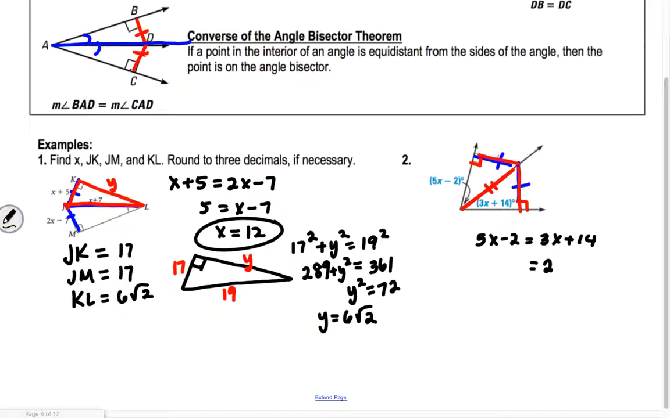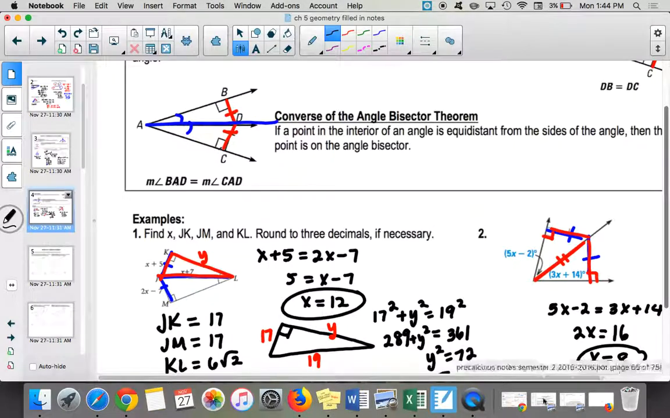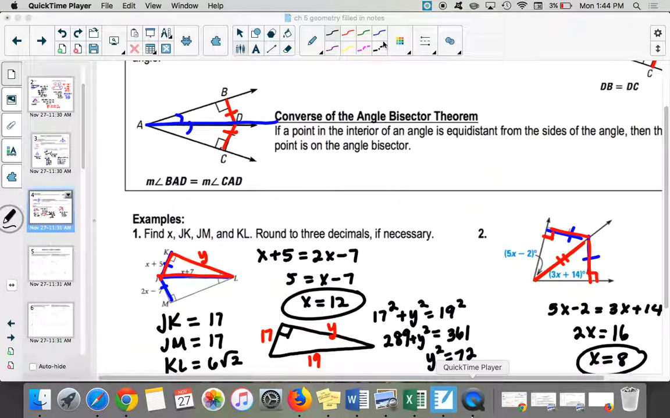So we end up getting, subtract the 3x over, we have 2x. Add the 2 over, we get 16, so I think we get x equals 8. So all that stuff we learned in the last chapter comes into play in this chapter because we can quickly get these theorems from those things. Okay? Is that the last one? All right, so now you guys can do the